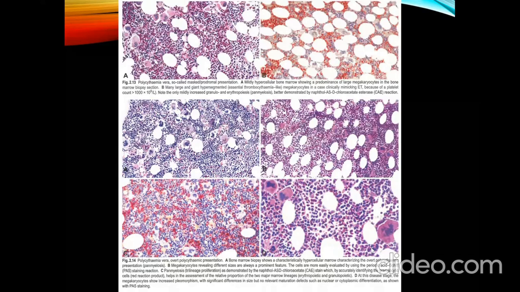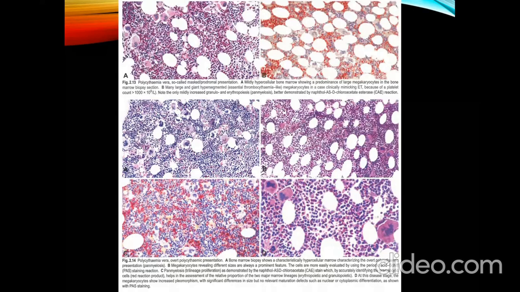In the second part of this picture, we can see the overt polycythemic presentation. Picture A shows the bone marrow biopsy of overt polycythemic presentation. It shows a characteristically hypercellular marrow, characterizing the panmyelosis. Picture B shows megakaryocytes revealing different sizes, which is always the prominent feature. The cells are more easily evaluated by using the periodic acid Schiff staining reaction. Picture C shows us